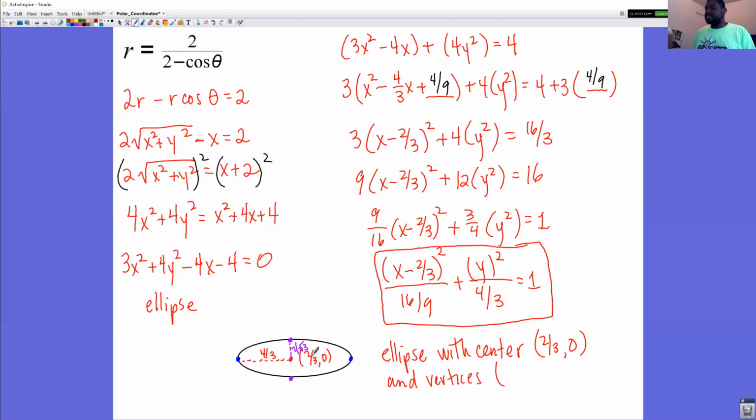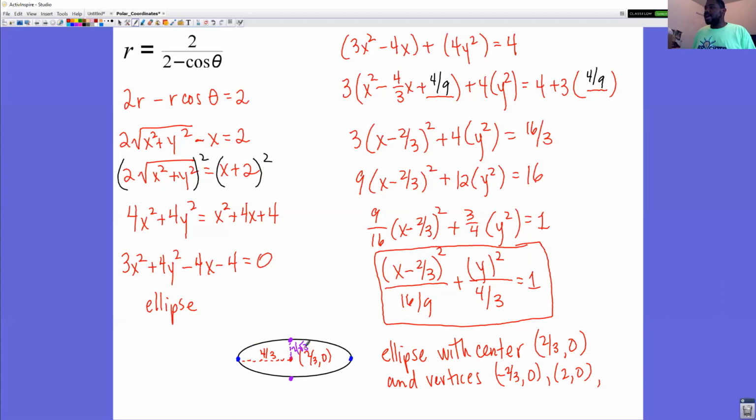So pretty much what I need to do is subtract 4/3 from here, so it's negative 2/3, 0, and then add 4/3 here, which is going to be 2, 0,